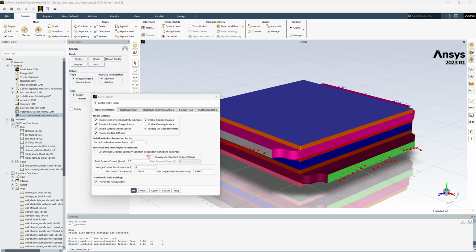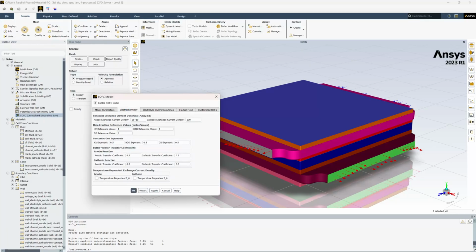This was calculated using the equation given in the guidebook. It's already given, also in the Ansys Fluent guidebook. Now for the electrochemistry, the ion exchange densities are calculated from the references also, and the values used are from the PhD dissertation of Professor Y.D. Lee, and the values are calculated as which we will use in the simulation at